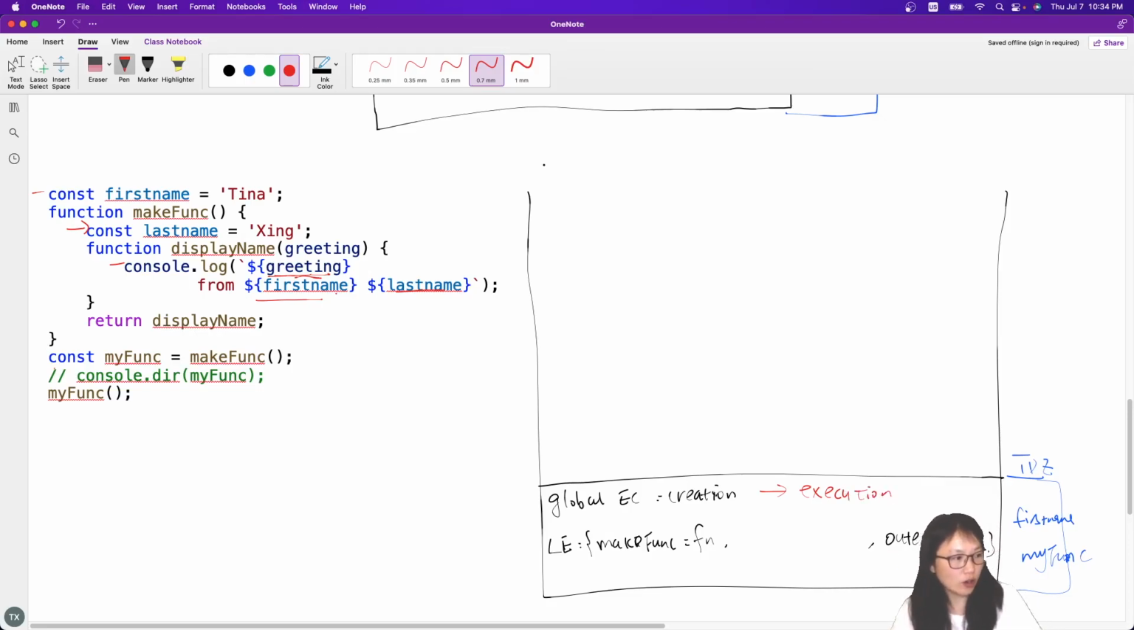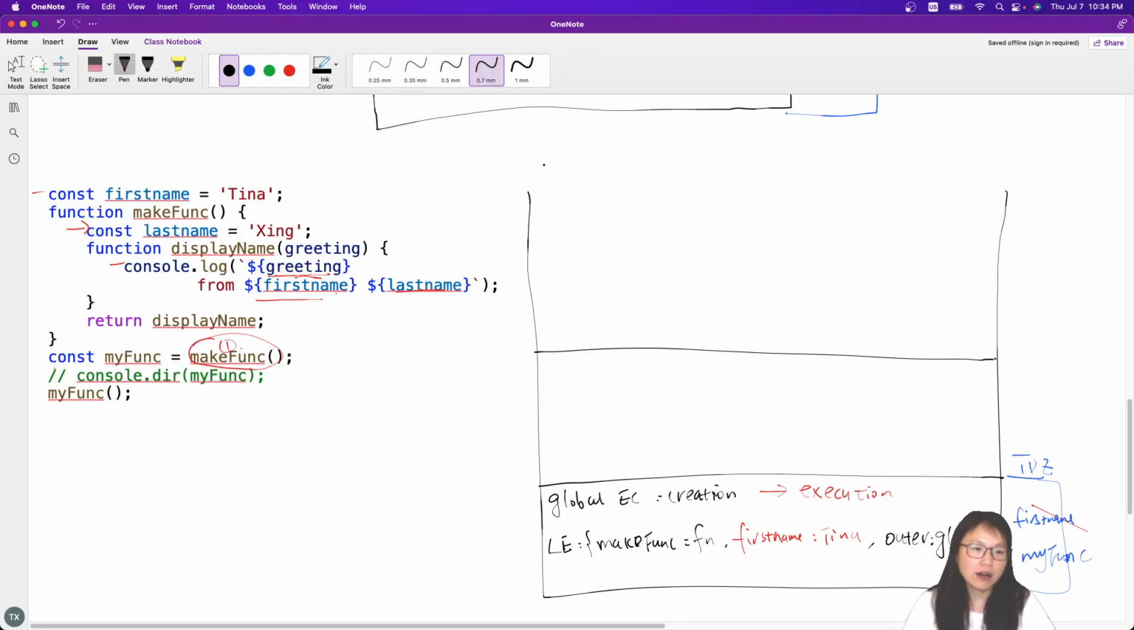This part is global, and the TDZ has first name and my func. In the execution phase, we set first name to Tina, make function is skipped, and then we will execute make function as the first step, right? So I do have a make function, so I will create a make